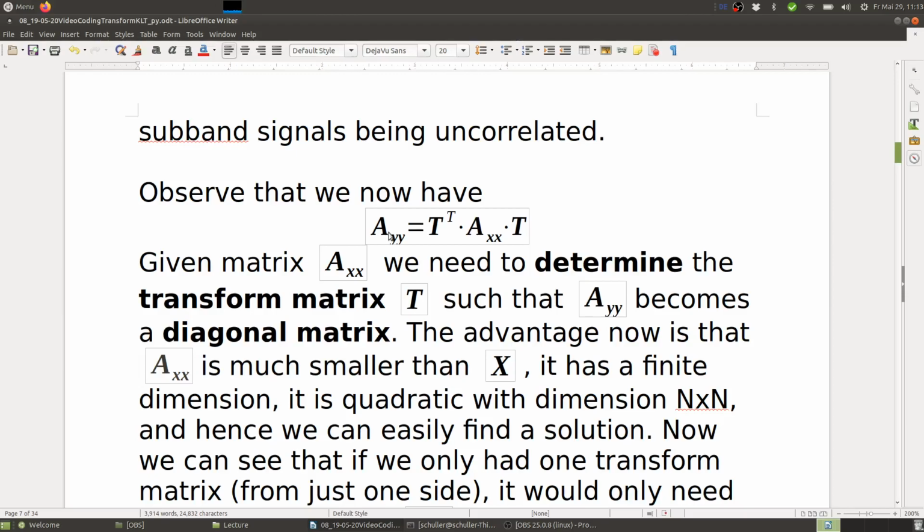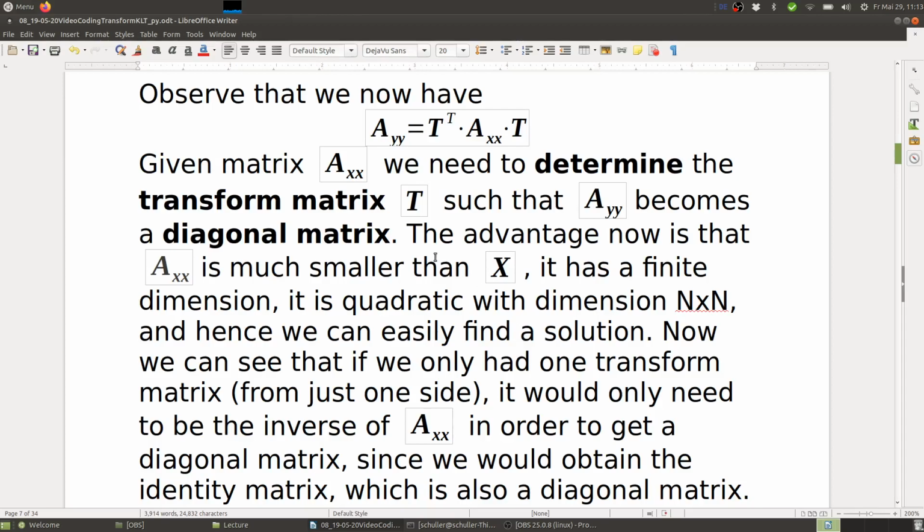So how do we do that? Given matrix AXX, we need to determine the transform matrix T such that AYY becomes a diagonal matrix. The advantage now is that AXX is much smaller than X. Right, if we have many samples, then X might be a tall matrix, but AXX is an n times n matrix. So it has a finite dimension, it is quadratic with dimension n times n, and hence we can easily find a solution. Well,